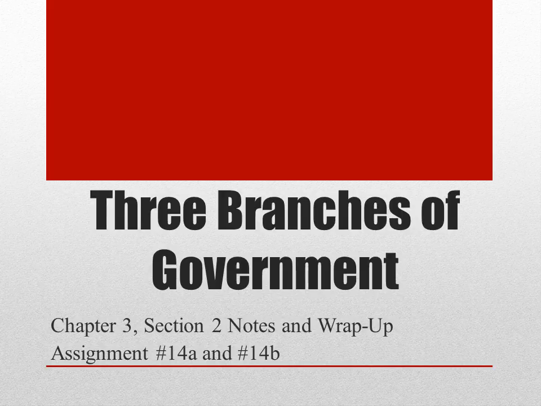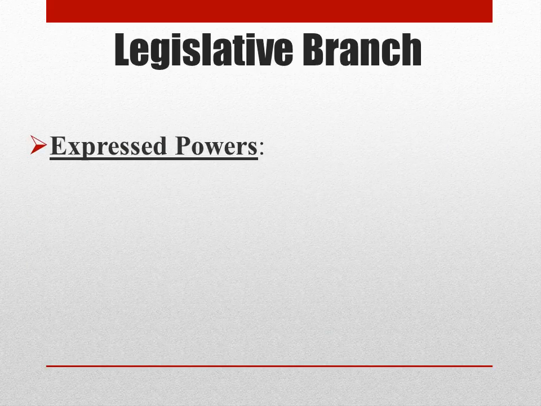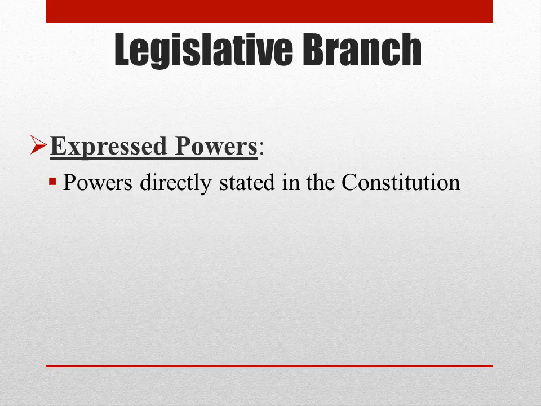Okay. So the first one we're going to talk about is the legislative branch. The legislative branch has the House of Representatives and the Senate in it. Those two things combined make up our Congress, and this is our lawmaking branch. The Constitution gives expressed powers to our legislative branch, and expressed powers are powers that are directly stated in the Constitution,